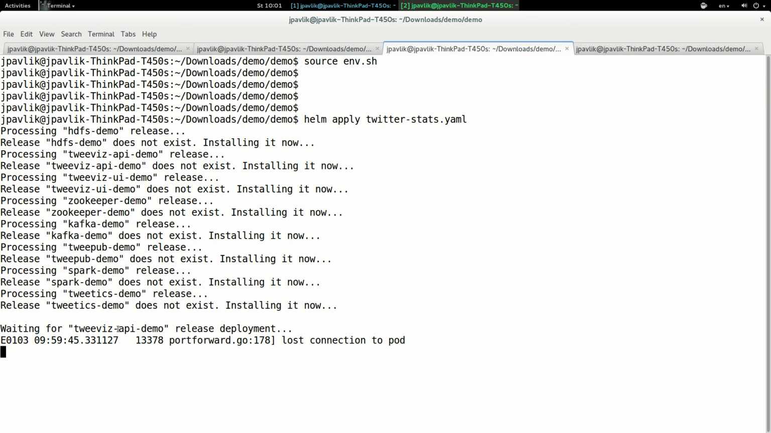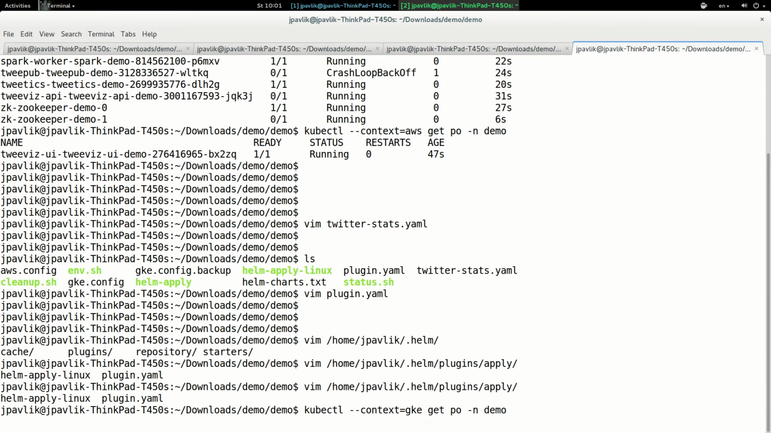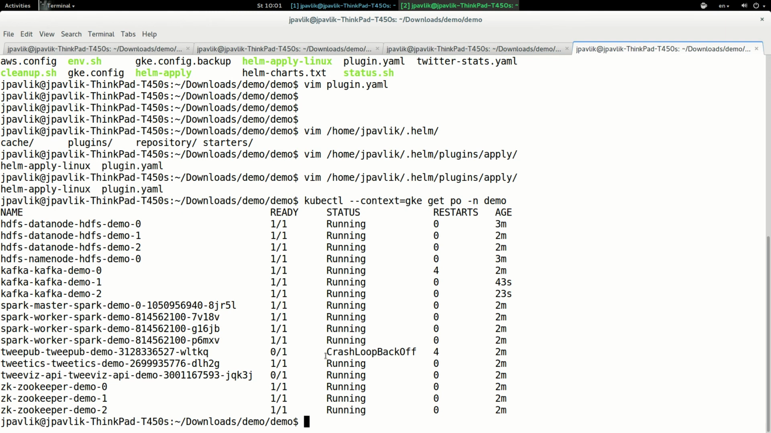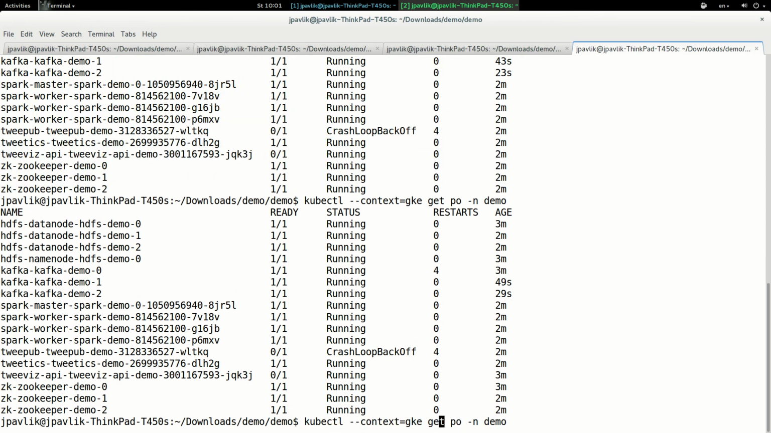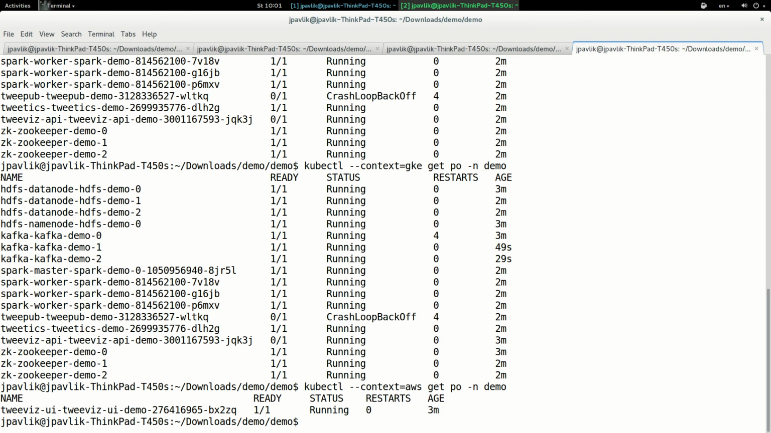So the cluster is still deploying because it takes roughly 2 minutes to be started, and we can check how the status looks, and all is almost started. So it's really roughly 3 minutes. We can check AWS. AWS is already running, so we're waiting for TweetPub until it connects to Kafka and is able to send the streams